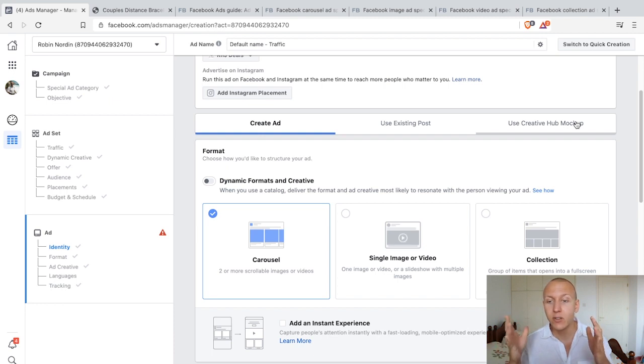So this is a way to not only save down all of your different ad designs, but also if you have clients or a team that you're working with, you can share the designs you have created before you use them, before you publish them, and also allow others to edit them as well. Now, there are even some people who create really great ad designs and they sell them as Creative Hub mockups, right? So we are going to go through this later in the course